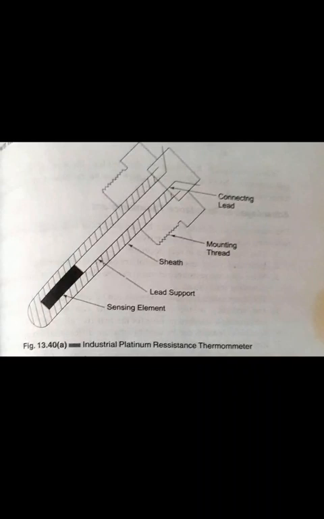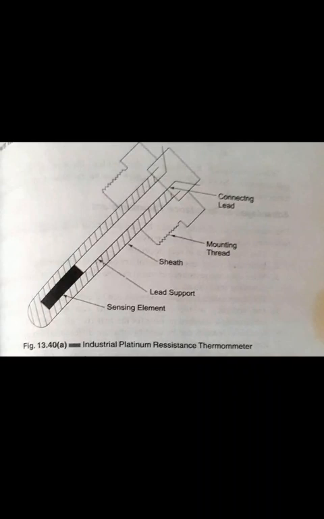This is the industrial platinum resistance thermometer. The resistance of a conductor changes as the temperature changes. This property is used for the measurement of temperature. The resistance thermometer uses the change in electrical resistance of conductors to determine the temperature. The requirements for the conductor material used in thermometers are that the change in resistance of the material per unit change in temperature must be as large as possible, and the resistance of the material must have a continuous and stable relationship with the temperature.